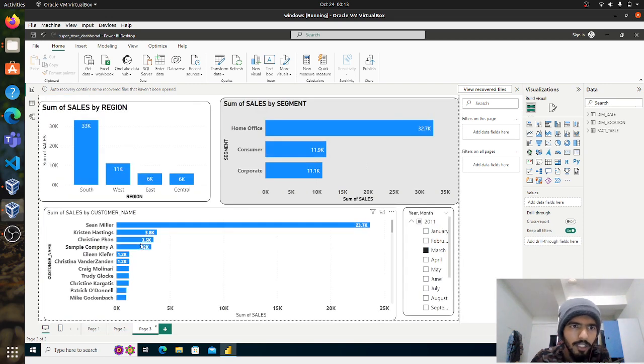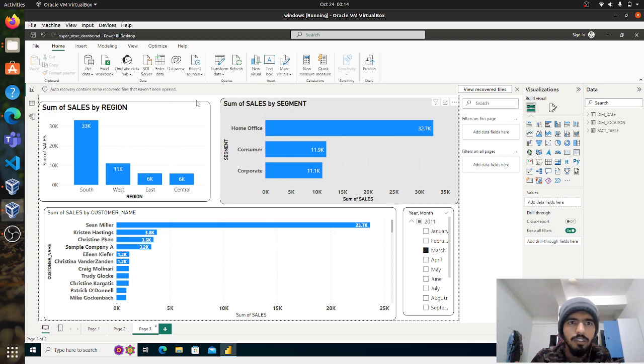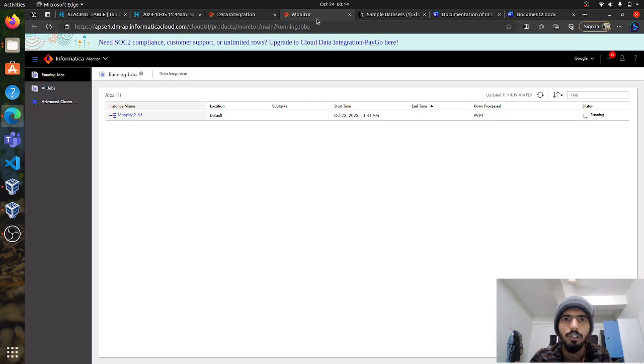In the third page you can see the sum of sales and profit by the region and the segment, and also the customer who bought the most products or did the most shopping. Also by region, south, west, which region has given more value or more customers, so they can increase their sales there, or more stores can be opened there. All the decisions will be taken by the owners or directors of the company. Now this is Power BI, this is visualization, and this is data modeling. Now let's get back to our pipeline. Is it completed?